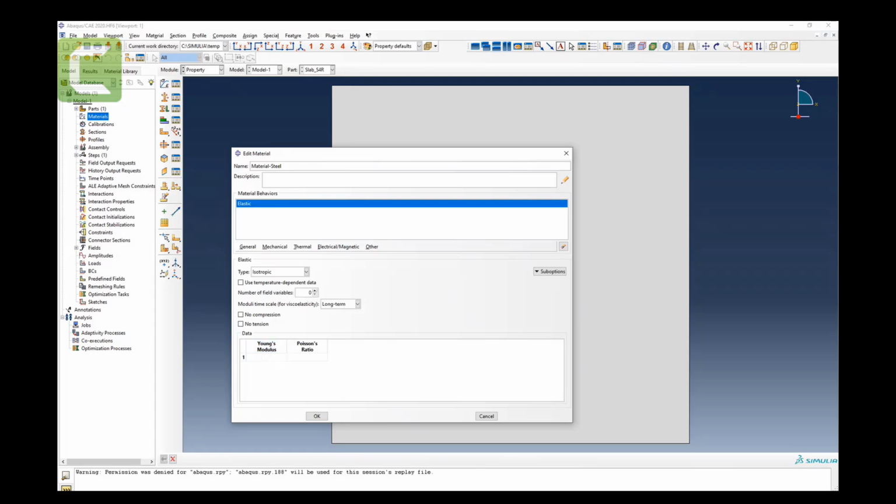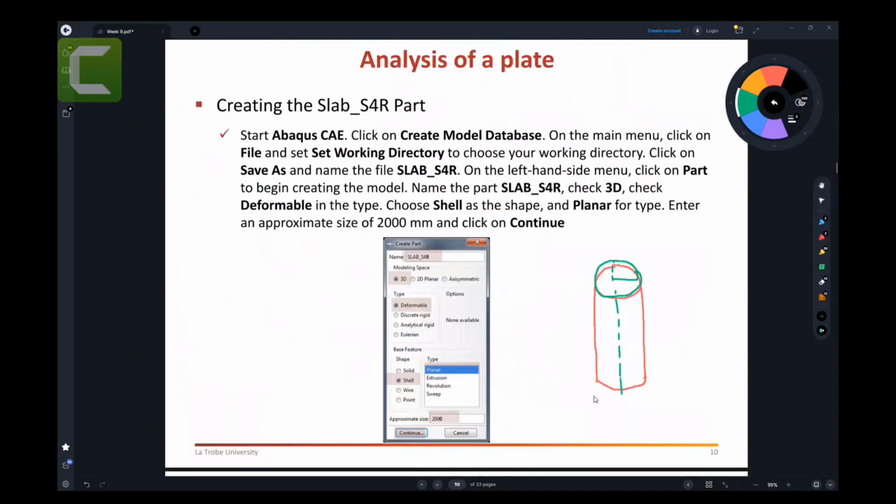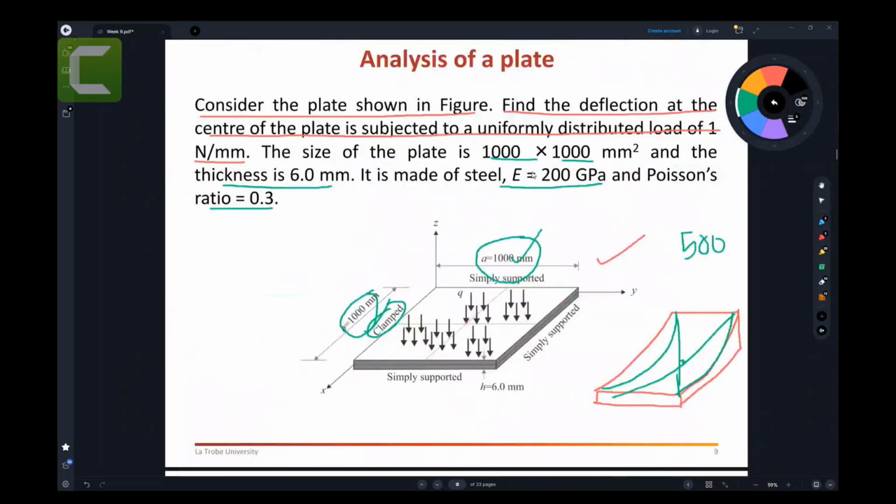So now, in our example, we have given 200 gigapascals. That is given in our example. You can see that this is given here, Young's modulus 200 gigapascals. Now let's check the units. Young's modulus is given as 200 gigapascals. Now we have